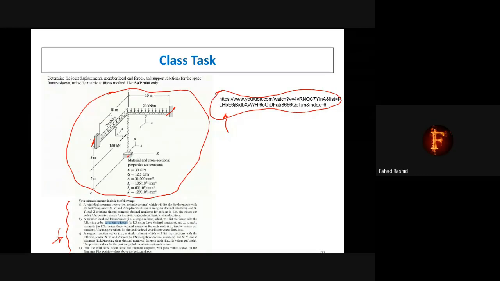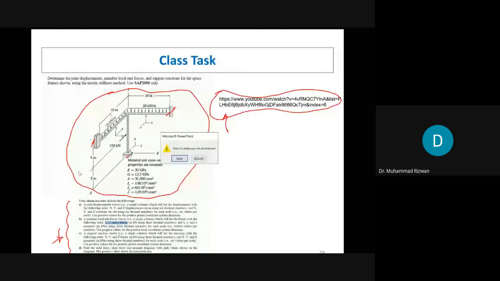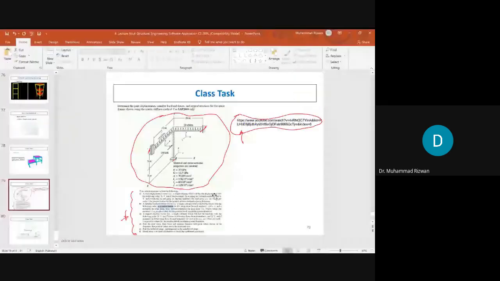Okay, so this was all about this lecture number 4, sorry. I hope आप लोगों ने इसको